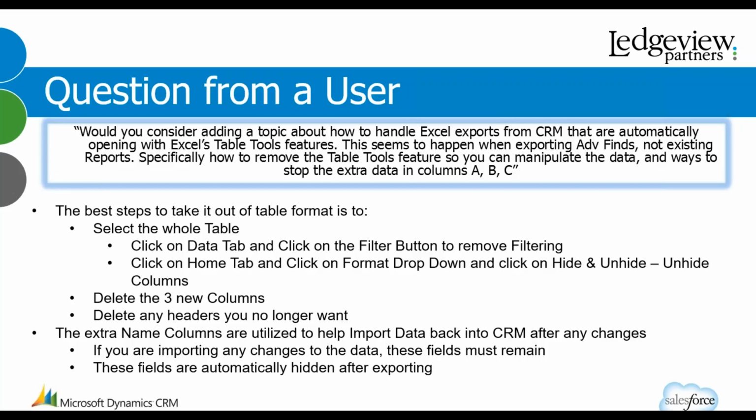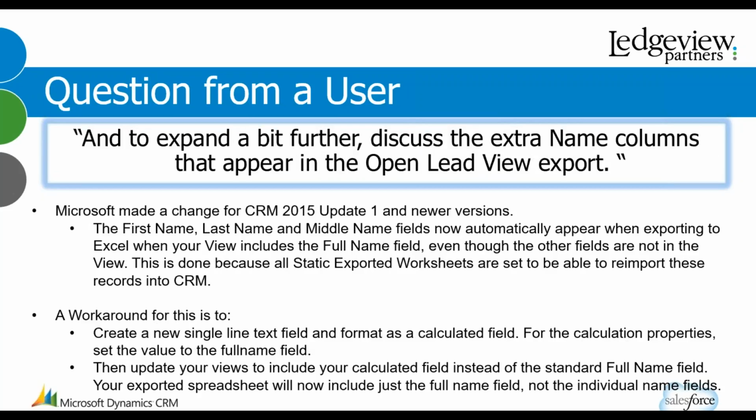Those columns are important in case you are importing data back into CRM. You must have those first three columns in there. They're automatically hidden after exporting. And then you can delete any headers that you want to manipulate the data. This will take it out of the table format, and that way you could do any data manipulation you would like. The second part to this question is, and to expand a bit further, discuss the extra name columns that